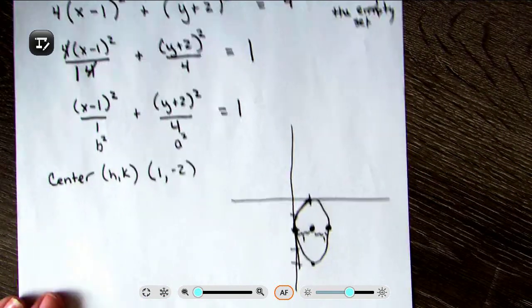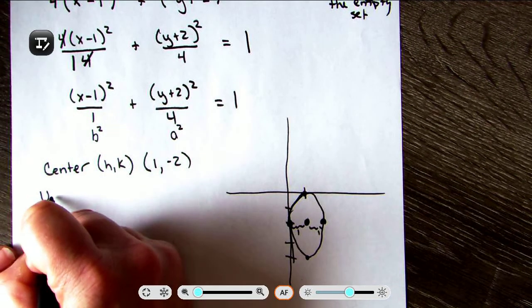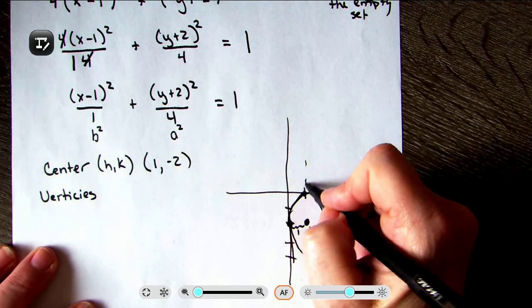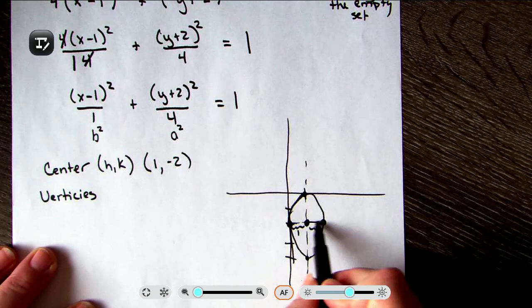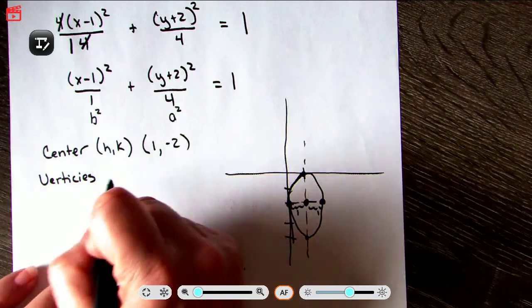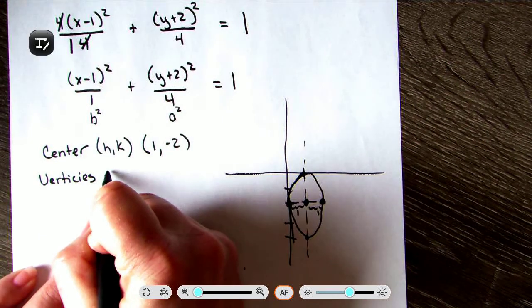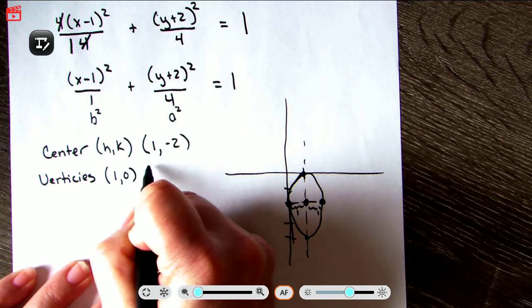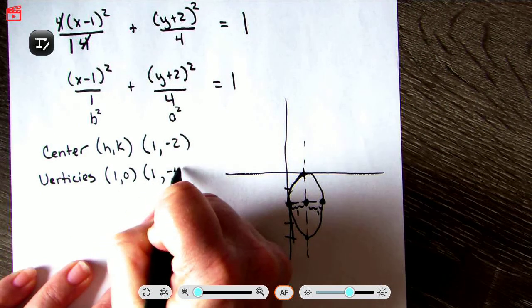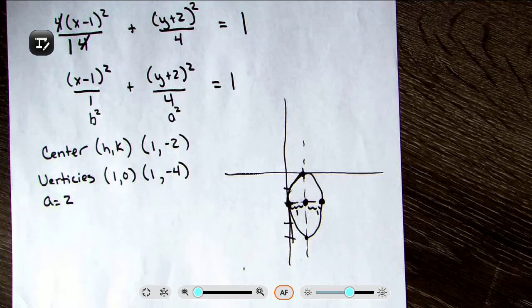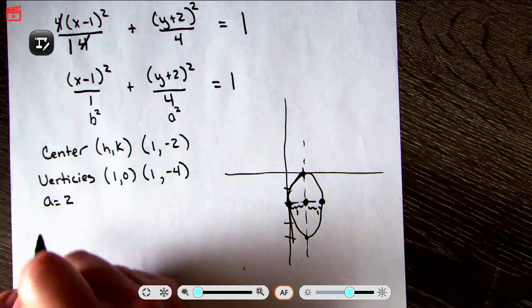Okay, so from this, I can get my vertices. Vertices are going up and down, because there's my major axis. This would be considered the minor axis. Major because it's longer. So my vertices are going to be at 1, 0, and 1, negative 4, because my a was equal to 2. I still need to find my foci,